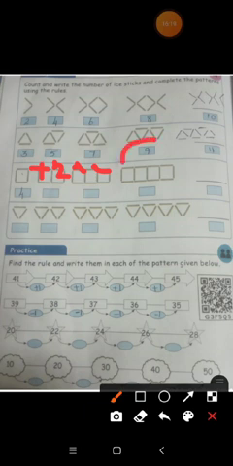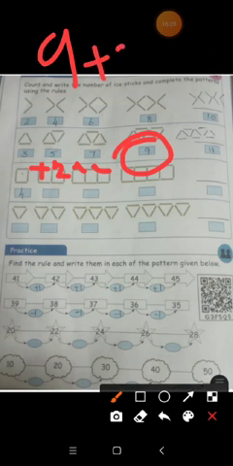Here in the last place we have the number 9. So 9 plus 2 is 11. First you have to write the number 11 in the given box below. Then you start to draw the ice sticks, 11 ice sticks. I hope you understand the given pattern. This thing you have to follow for finding the rule. The last two will be homework for you.